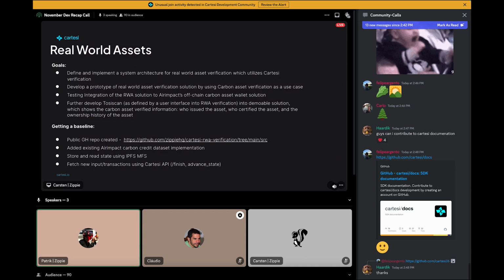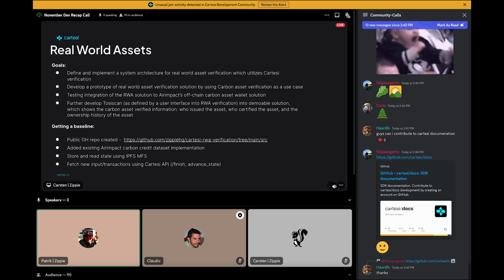Then we also include this in something we call TosiScan. It's a user interface, like an explorer, to actually see the verified information, like who issued the assets, who certified it, and the ownership and the history, etc.